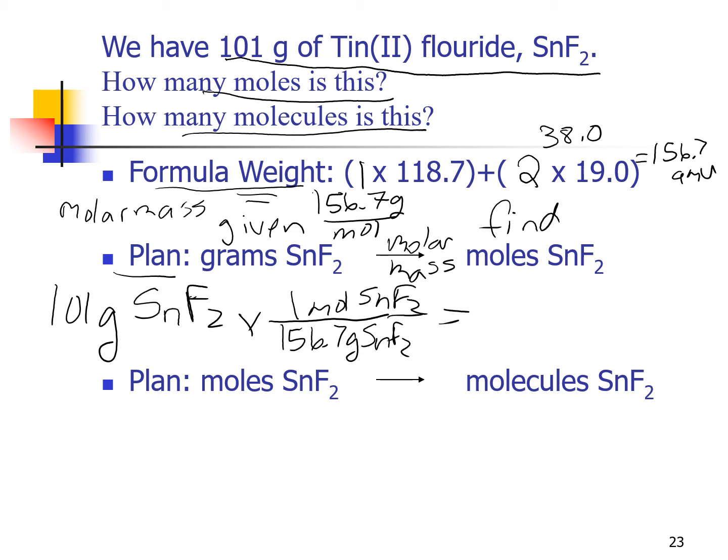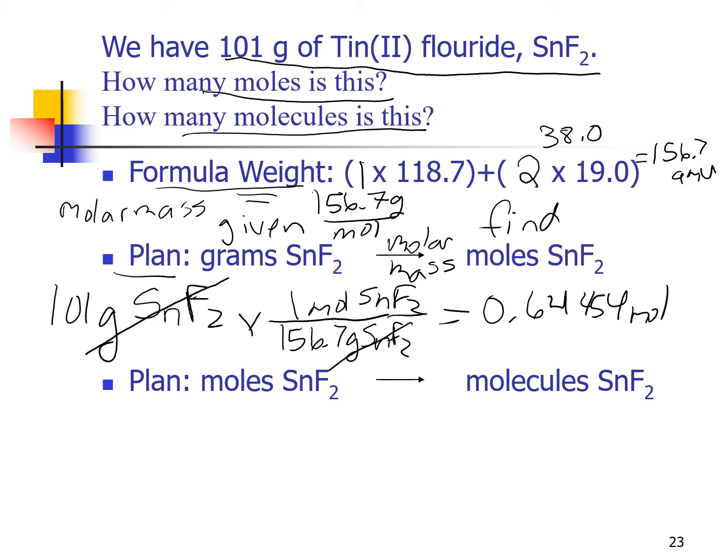So now we will be able to cancel our units, the grams of SnF2, and we can multiply 101 times 1 divided by 156.7 grams. And when we do that, we come up with 0.64454